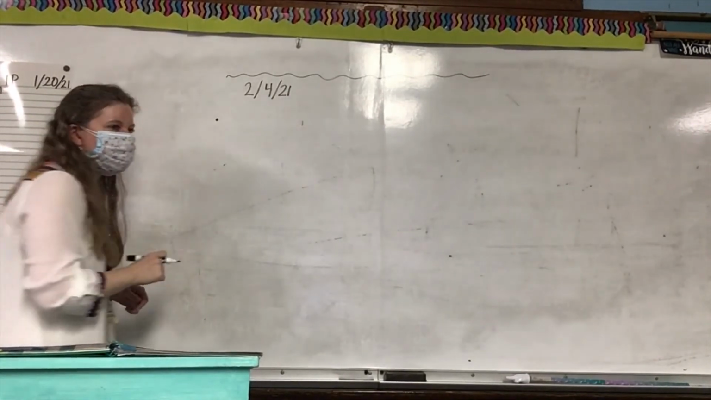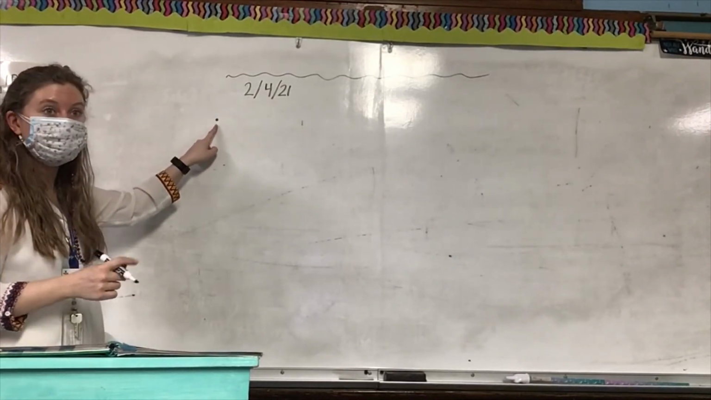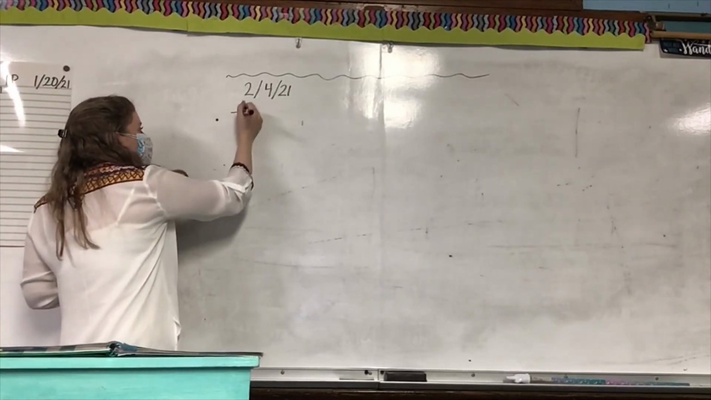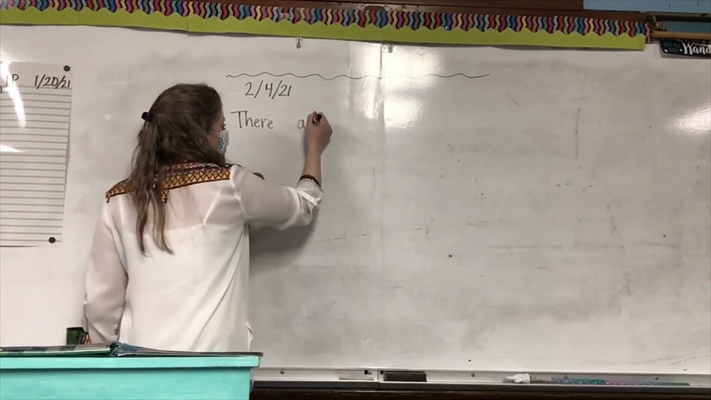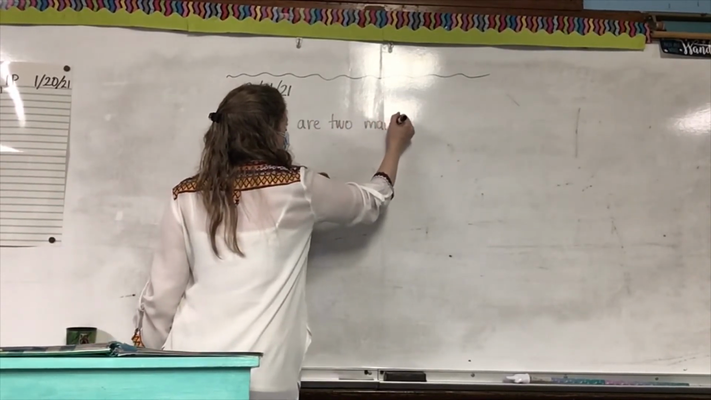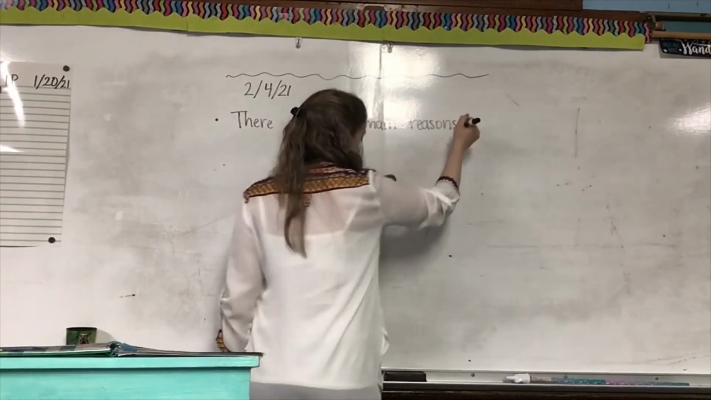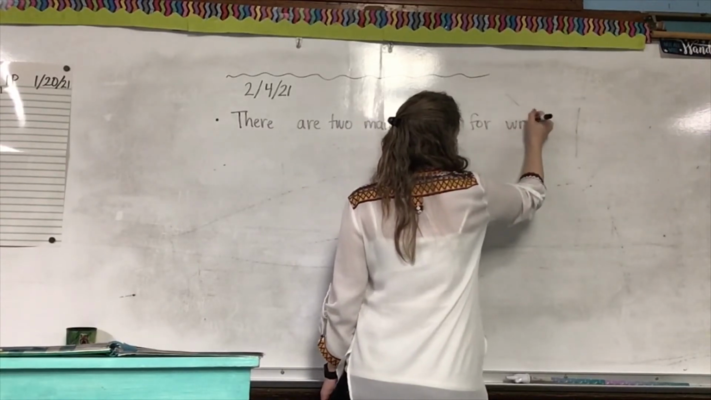So go, put a space underneath complimentary closing, and then we're going to start with a bullet point this time. There are two main reasons for writing